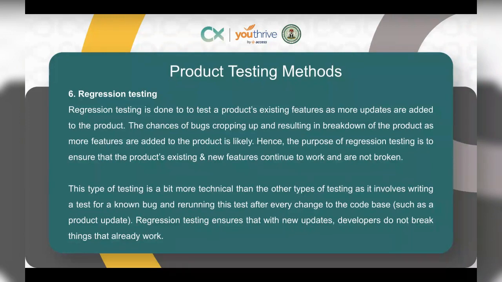Regression testing is a bit more technical than the other types of testing. The other types, as a PM, you can easily do. But regression testing is something that maybe only a technical PM or an engineering manager, someone who's technically inclined, can do. But it involves writing a test for a known bug and rerunning this test after every change to